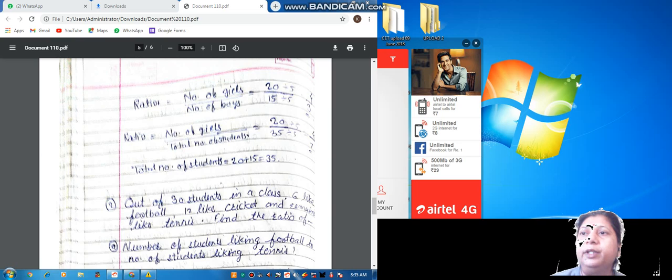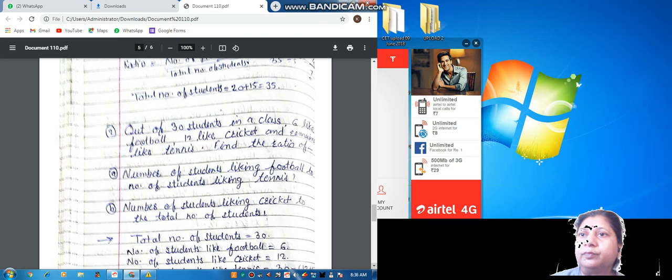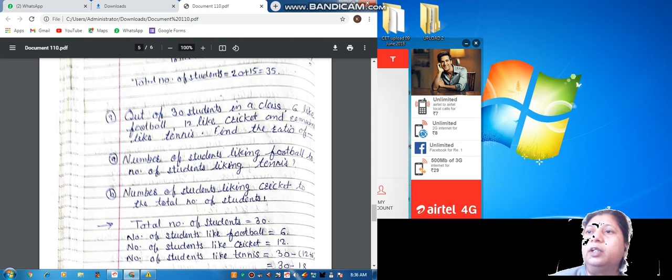Okay, now next. The ratio of the number of girls upon the total number of students. So here we already calculated the number of students. So how is it? 20 boys plus girls number, right? So 20 plus 15 we get 35. So the ratio is equal to the number of girls upon the total number of students, that is 20 upon 35. If we divide by 5 we get here 4 upon 7. Okay. So let's start the next example. 30 students in a class, 6